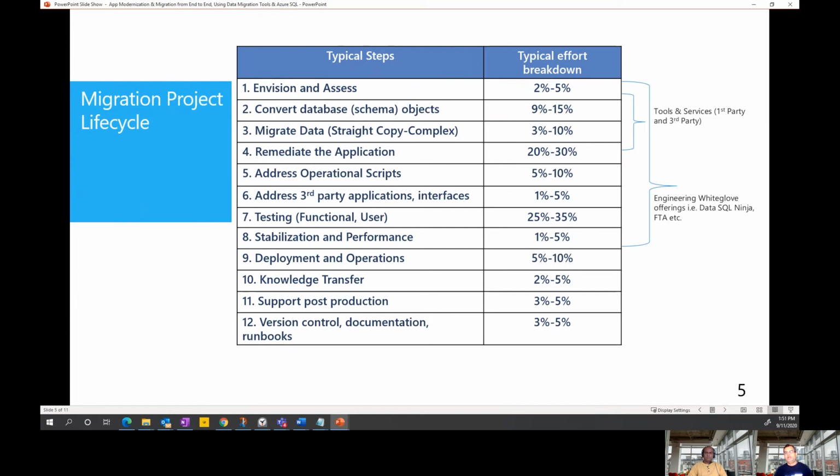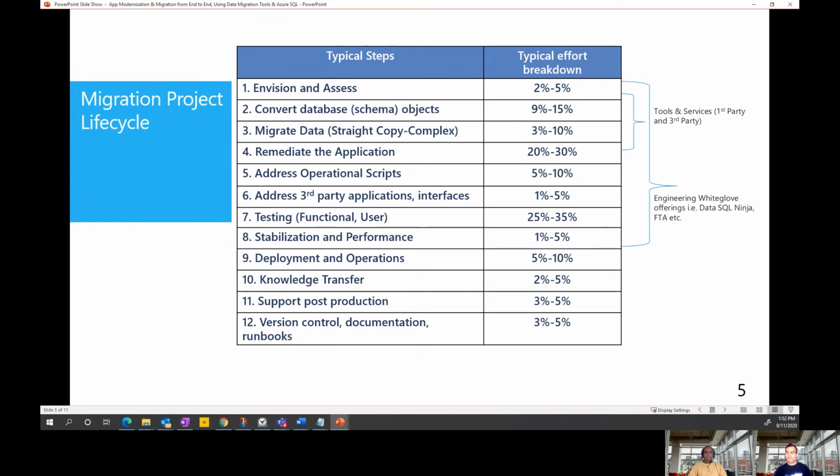So what we have started doing, working with our SI partners and the customers, is that across different typical migration phases, we have started articulating how much percentage of effort we are really solving. If folks in this event come from the global system integrator space, they would understand these typical steps. These steps often have a percentage of allocation for the overall effort of the migration project. And what we are saying is we are seeing somewhere between X to Y% of effort saving